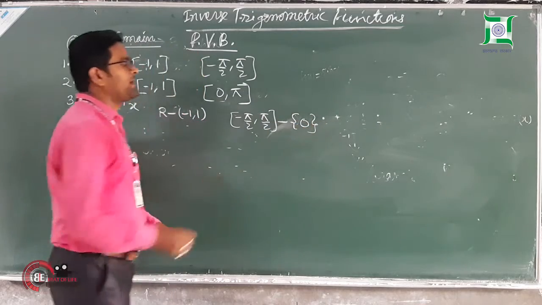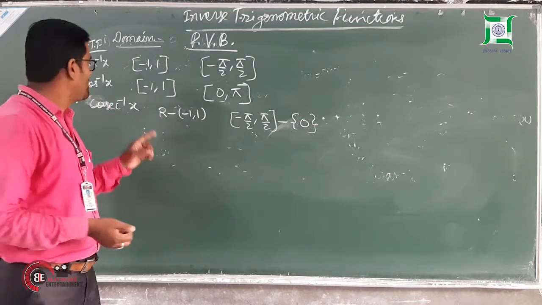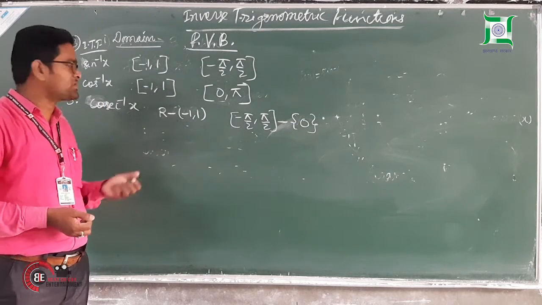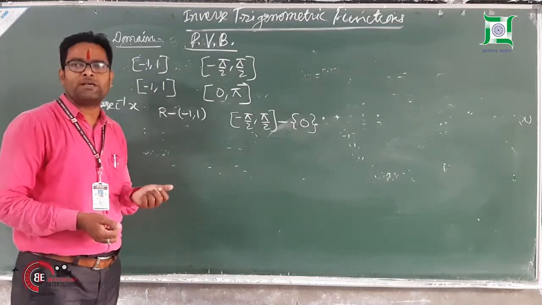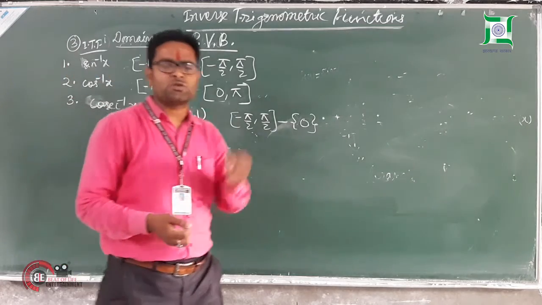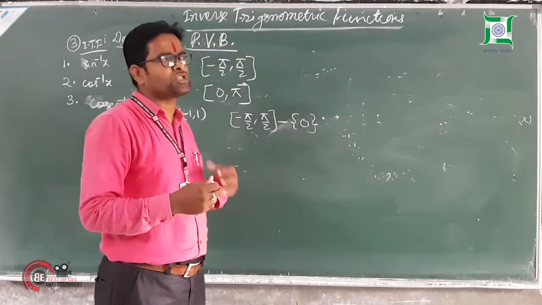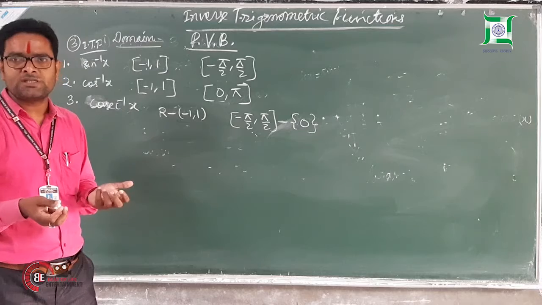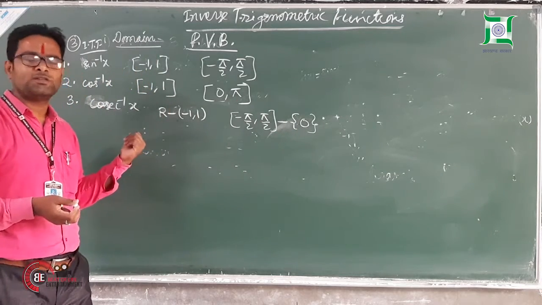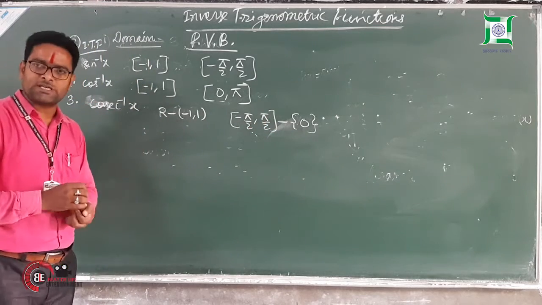Why I have written here minus only 0? You see, between minus pi by 2 and pi by 2, we are having 0. And you know cosec inverse x, just think about it. What will be cosec inverse 0? It will be 1 by sine inverse 0. You just try to understand it. Just think about trigonometric functions. Cosec x is equal to 1 by sine x. So cosec 0 will be 1 by sine 0. Sine 0 is 0. 1 by 0 is infinity, undefined. So due to this 0 value, it will be undefined. That's why I have removed this value from the principal value branch for the cosec inverse x.